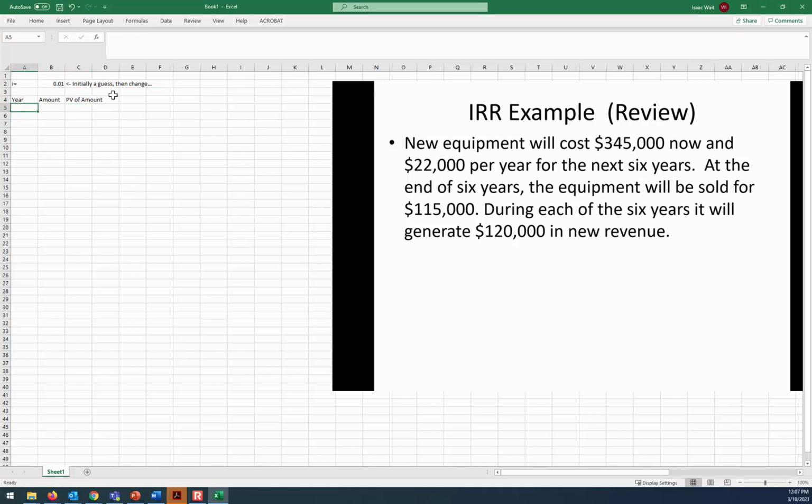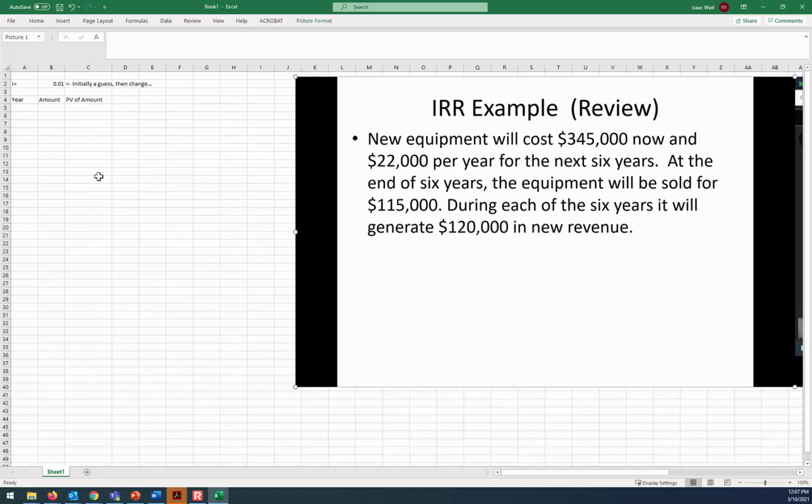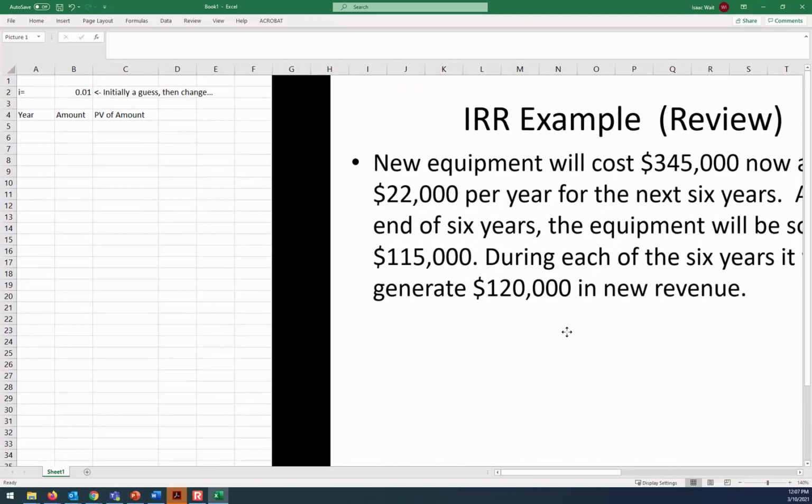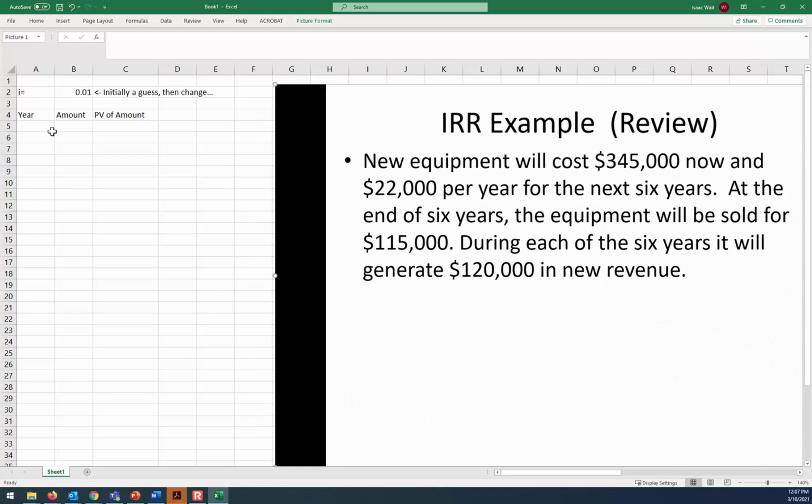And remember, the definition of internal rate of return is the interest rate that brings equilibrium between the inflows and the outflows. So there's a balance between the in and the out, meaning that the sum of the present worths is equal to 0. All right, so in this statement it says that there's going to be some costs for each of the next 6 years, and then at the end of 6 years it will be sold. So our time horizon is from 0 down through year 6.